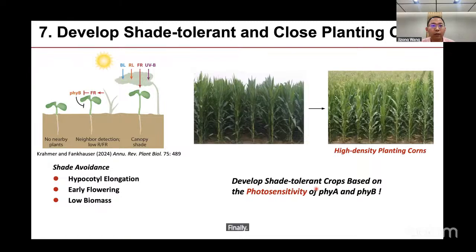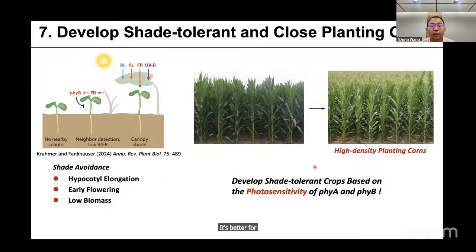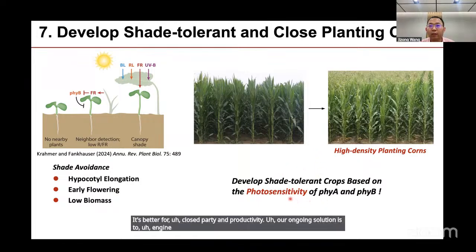Finally, I want to talk about how our work matters for agriculture. It's about shade avoidance. When plants sense shade through reduced red to far-red light ratios, inactivated 5B triggers them to stretch their stems, flower early, and have low biomass. This is not good for close planting and productivity. Our ongoing solution is to engineer 5A and 5B's photosensitivity. Then we can potentially design shade tolerant